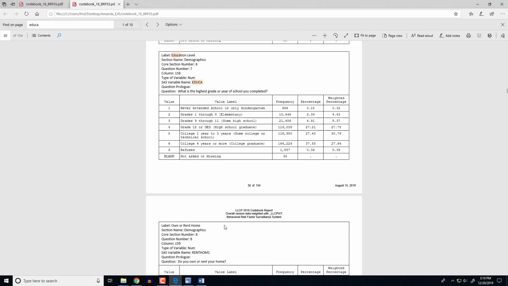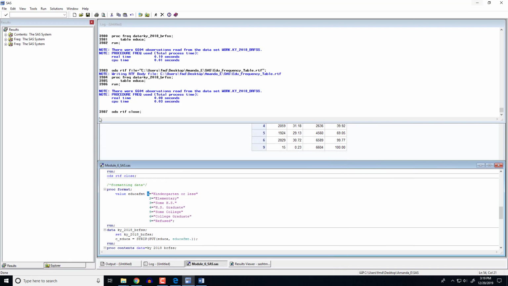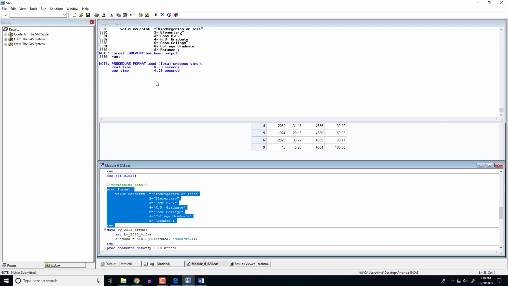So let's go back to our code book. Looking at our code book, notice that the value 1 means never attended school or only kindergarten. So I'm going to say that 1 is equal to kindergarten or less. And notice I do have the character portion in quotations. And I'm going to do this for each of those. So we're going to run the format. And what this is doing is just creating a new format for SAS to use when we reference